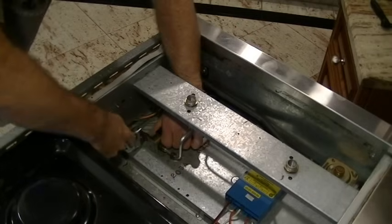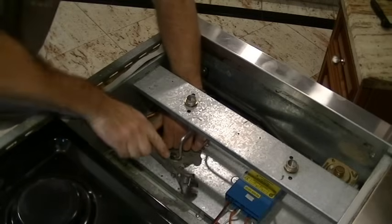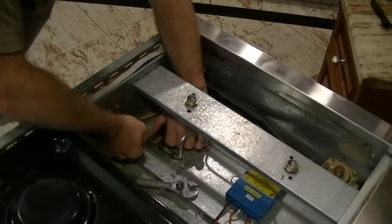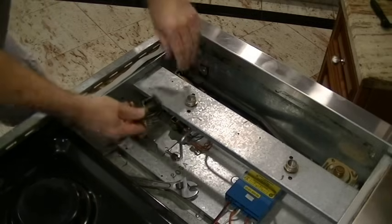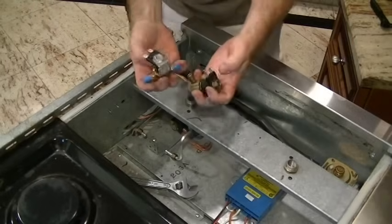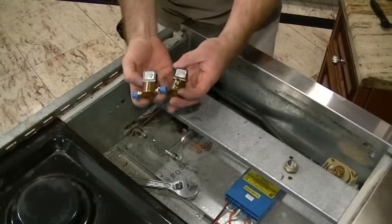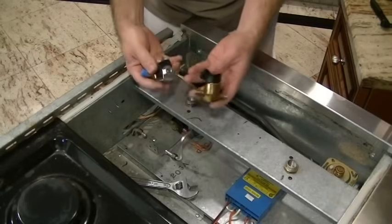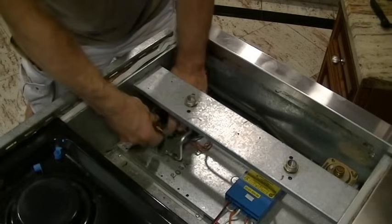So from the front we loosen with the wrench. I'm using an adjustable wrench here, and I just back it off by hand. And once we do that, we can pull out the two pipes, and the gas valve comes right out like that. Now I have a brand new one right here in anticipation of this. There's some blue covers just protecting the threads, and so I'm going to put this in exactly where it was